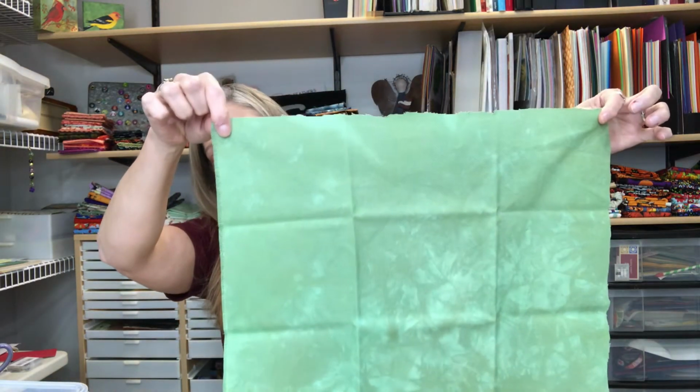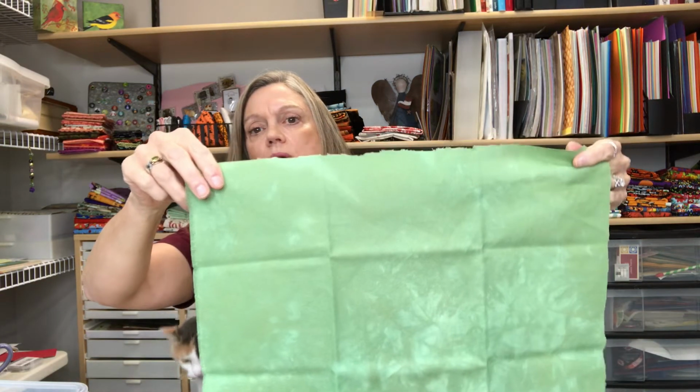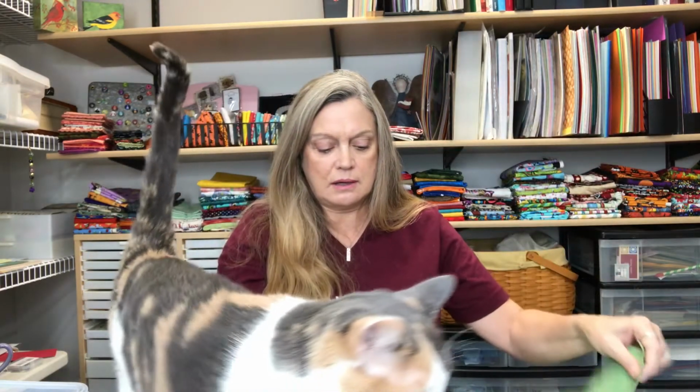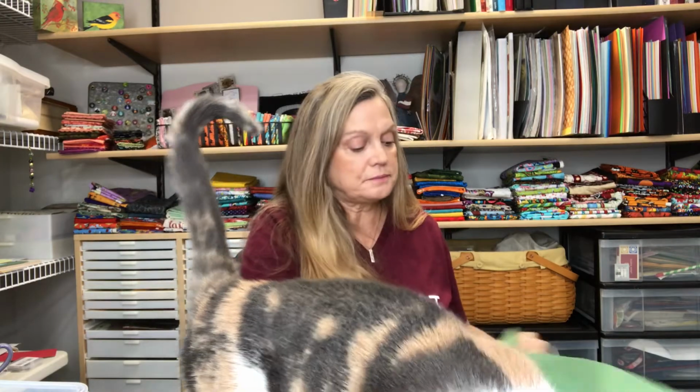And then I got a piece of green, and I used a piece with a color similar to this. I don't know if it was quite as bright as this, to do my Wish You Lived Next Door project. Yes, Bo, now there is cat hair on it. So I love